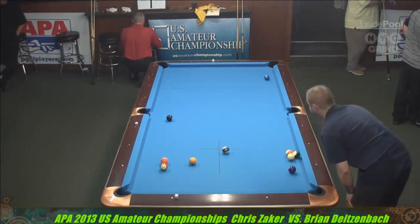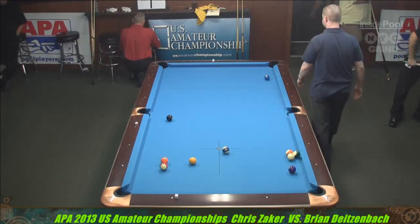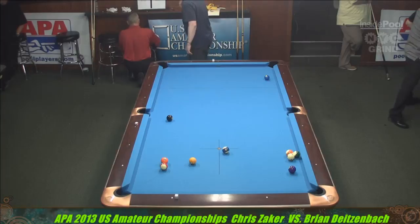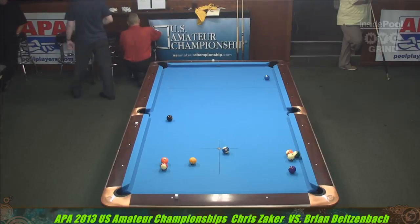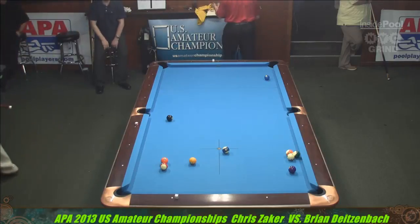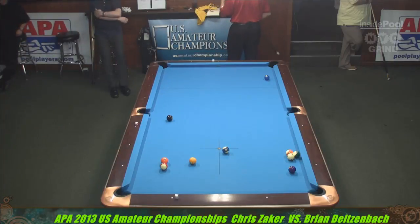Gerald Dunn and Dan Hines, table 5. Well, I'm not sure what's happening here with Chris. I think he forgot that he's shooting. Oh, he's cleaning off his...